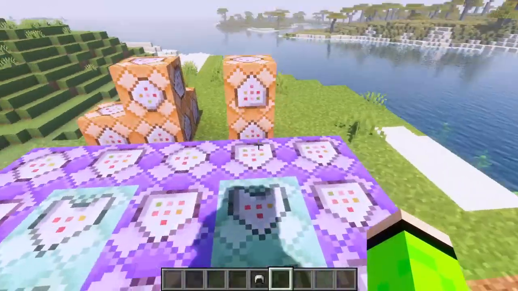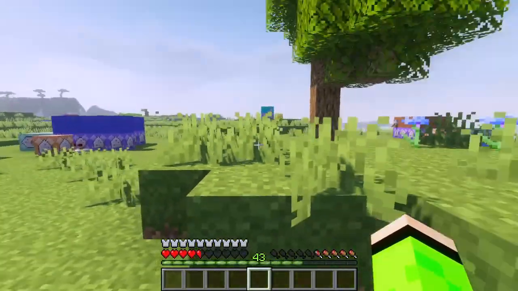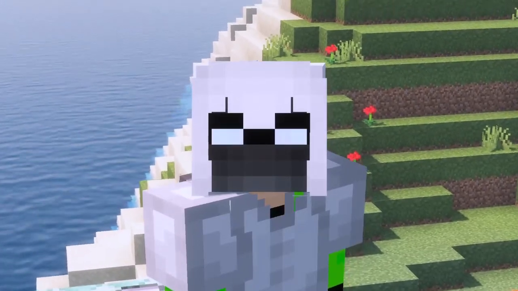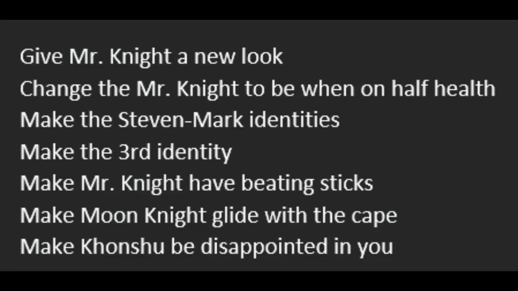Okay, I think I've got it working now. So now I can jump from this tree and then land. It's the fastest you can fall without actually falling. So now the gliding with the cape is done, and then it's just the last one, which is make Khonshu